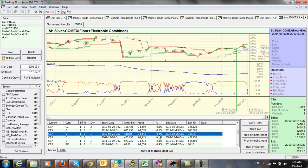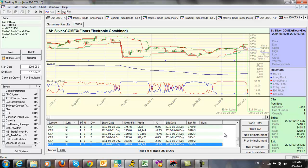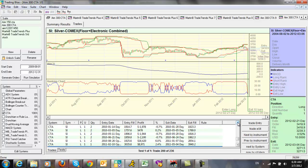And when you're trading, you are going to have whipsaws. There are always going to be trades that don't work, as opposed to me trying to show you all the trades that do work. I thought this was pretty cool. I went and looked at all the trades, and here's silver as an example. Let me click up a little bit and highlight it with my mouse. You can see here's a small loss of 0.6%. Here's a nice little offsetting profit of 1.3%,